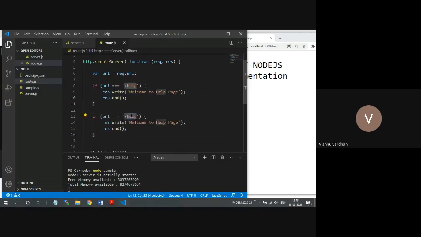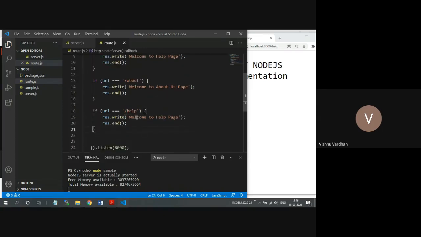Here I will take about, so you can change this to about us page, and one more implementation. Here I will take contact, and change this to contact us page. In that way I can create my own routes.